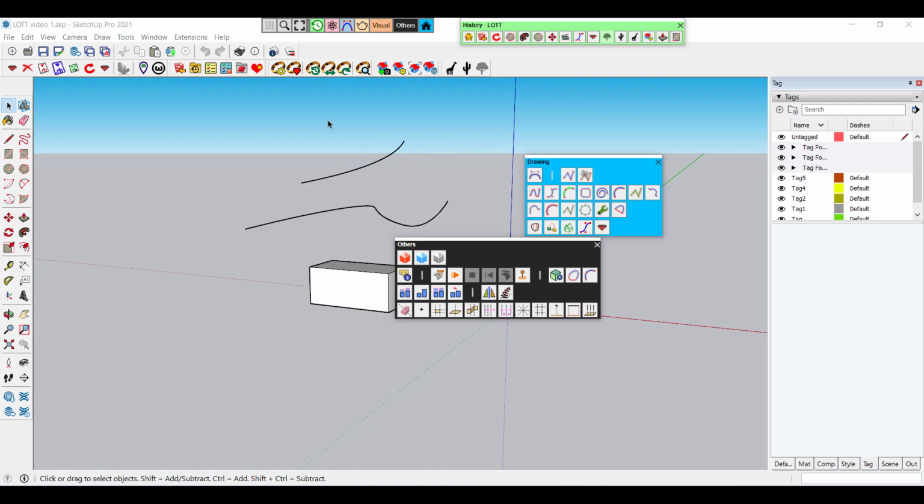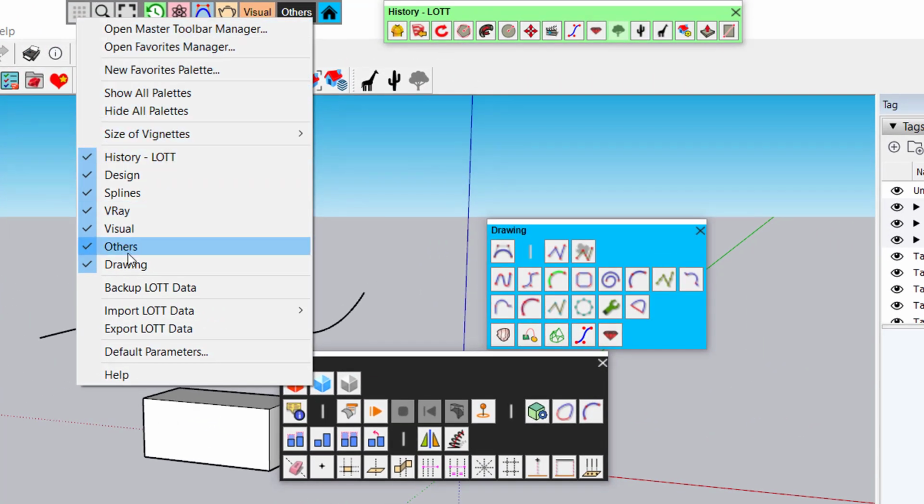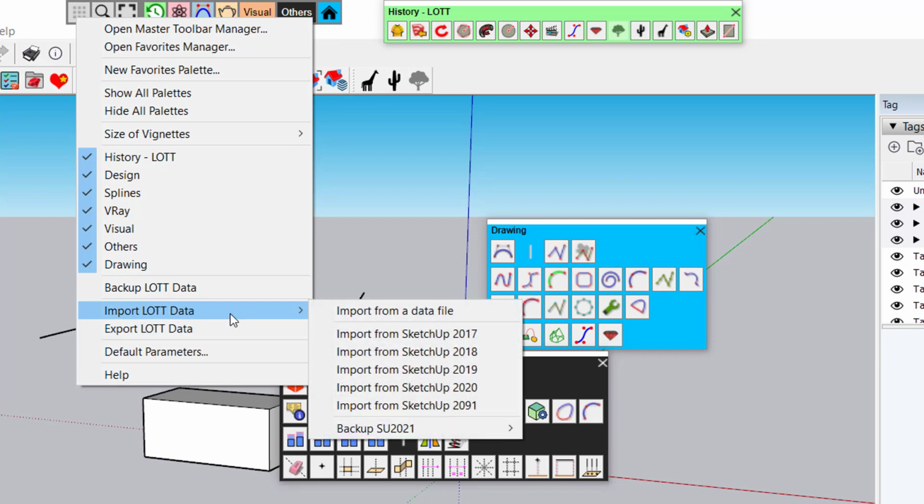The functions which I did not mention, and which you would expect, are the concept of backup. So you can back up your configuration, in case you made a mistake. You can also export the data, the configuration, and you can import the configuration from another version of SketchUp, as well as from any backup you have made or from a previous export.